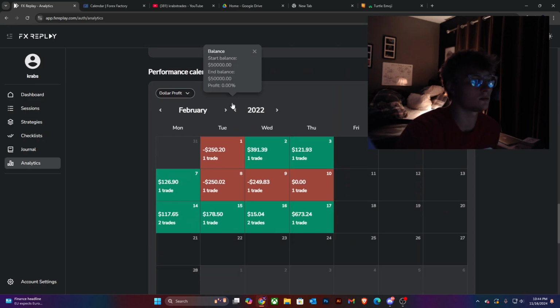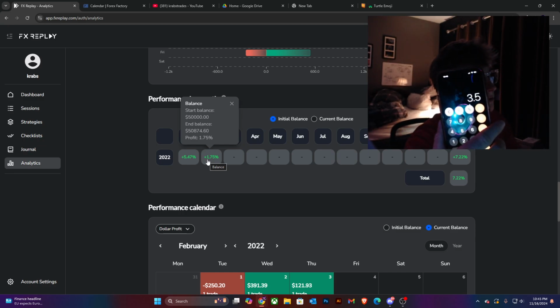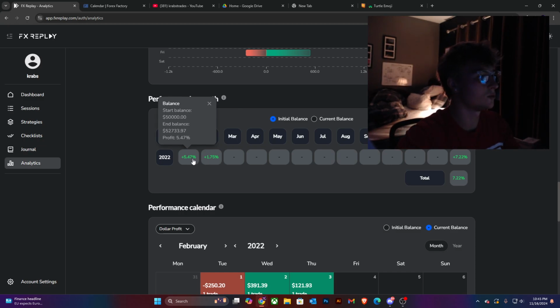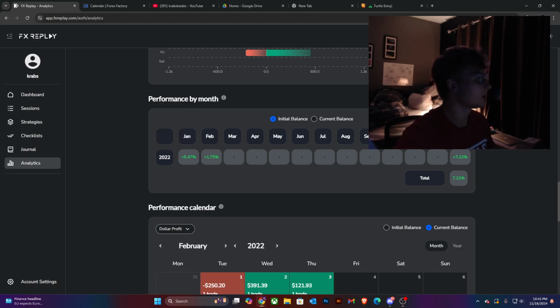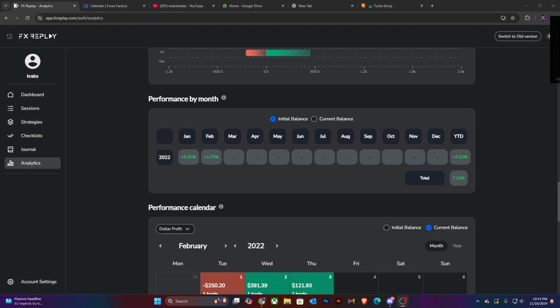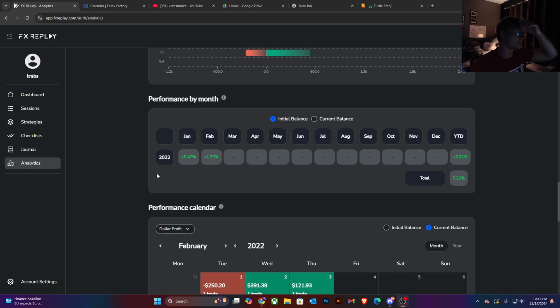And yeah, let's look at this. Looking at the month so far, we're up about, let's see, what is this? How many R's? 1.75. We're up 3.5R this month so far. Last month was 5.47 times 2. Last month was almost 11R. Oh yo, I just realized my thing was big as. But yeah.